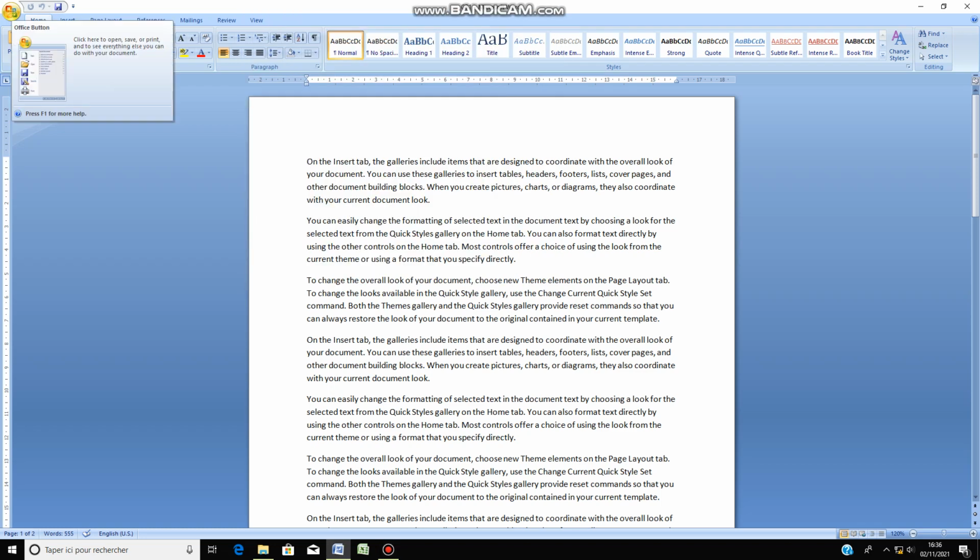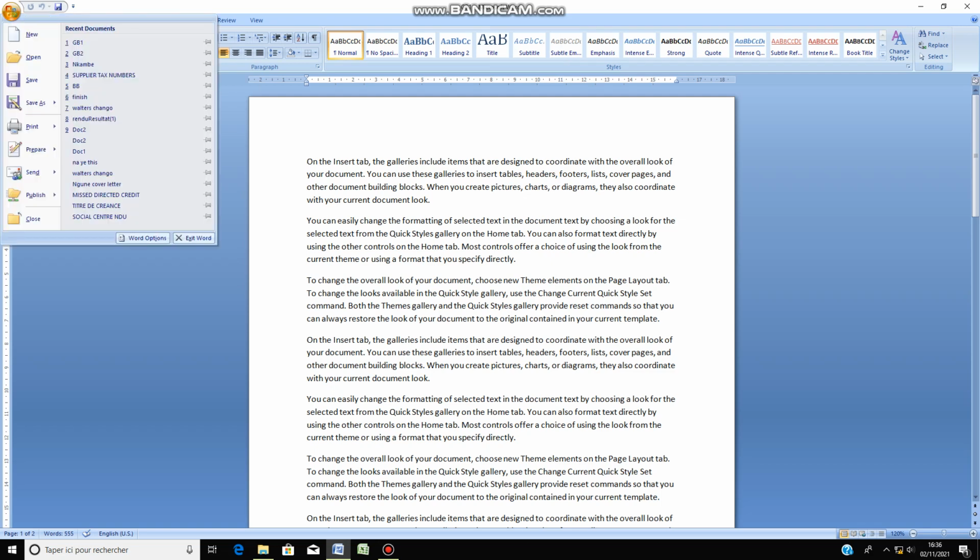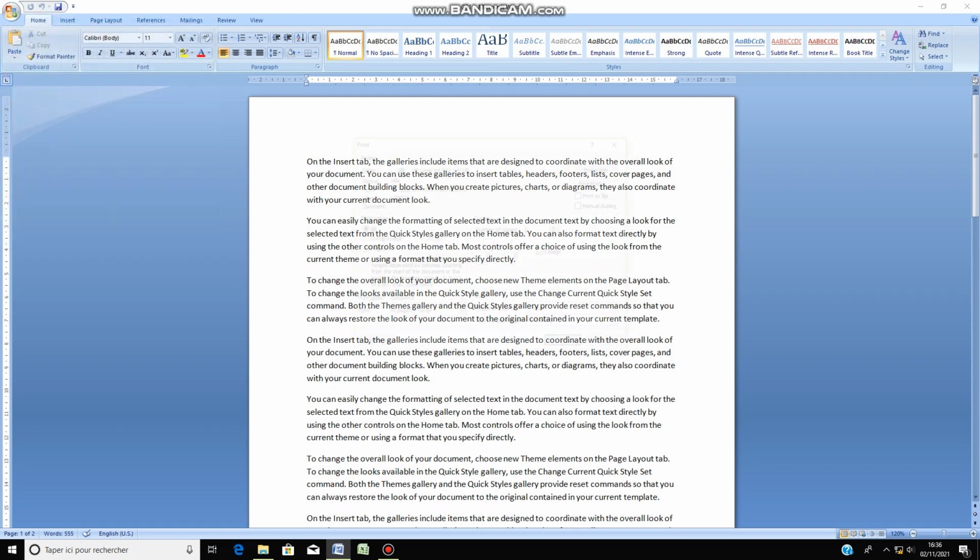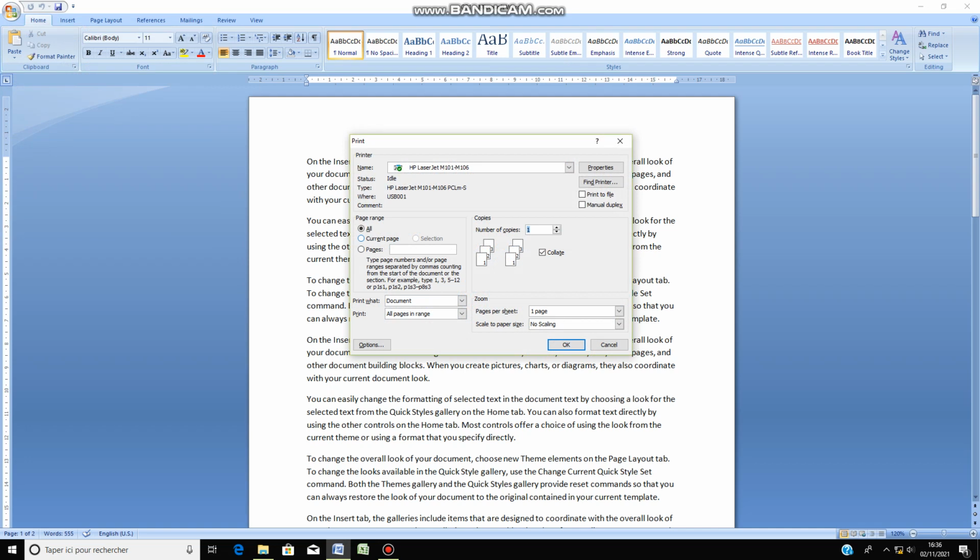So we just wrap up with today's session. We look at the final stage of the printing, which we mentioned. We have already understood how to print all the pages, print a current selection, print just a certain page of our document, and also select and add the numbers of pages which we want to print. Maybe we need 4 copies, we need 2 copies, and the rest.